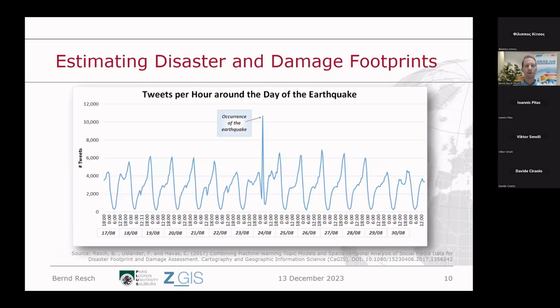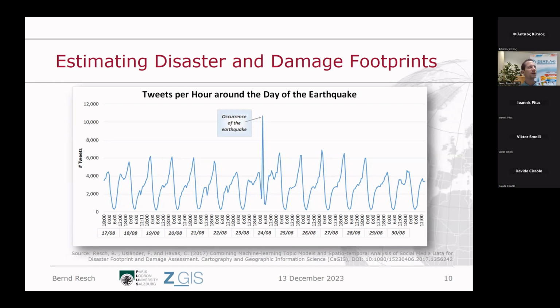So what does that look like in a concrete use case? And I'm just going to show a few here. First of all, this is 2 weeks of social media posts, in this case, tweets, around Napa Valley in California. So you see these, first of all, daily patterns that are very characteristic. So we start from 0 basically during the night. We go up at 6 in the morning. Over lunchtime, we have this small dip here. And in the evening, until let's say 11 at night, we have a very strong spike that then falls off again. And this is a recurring pattern.